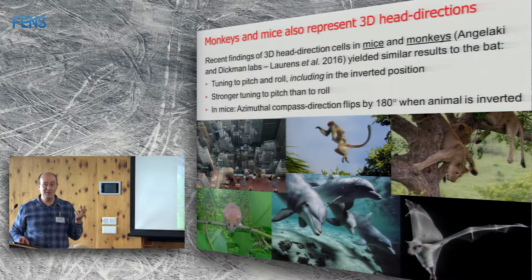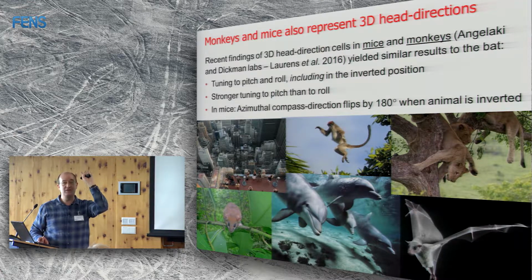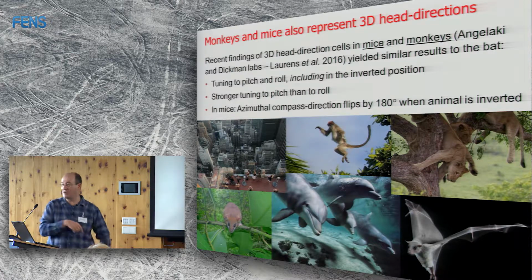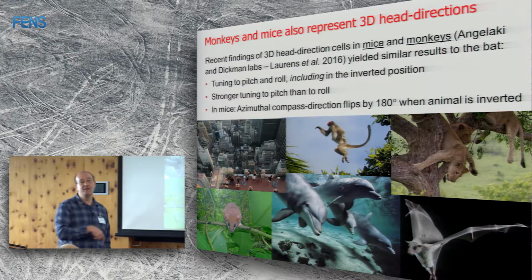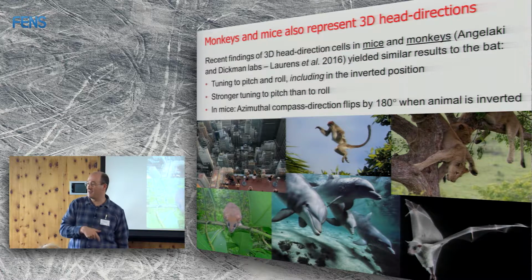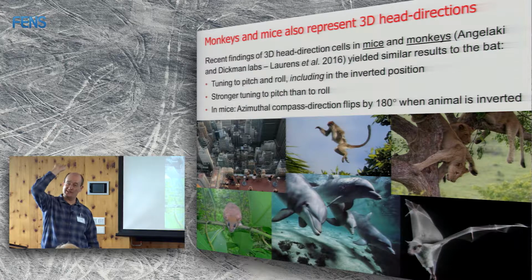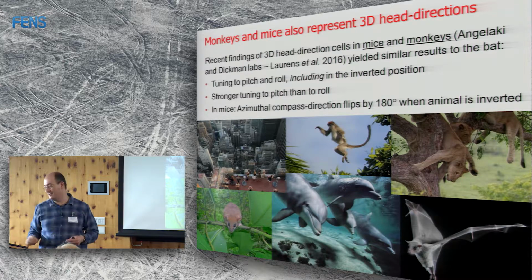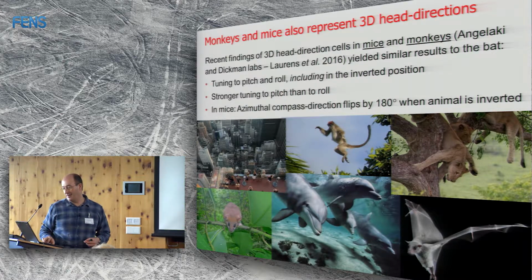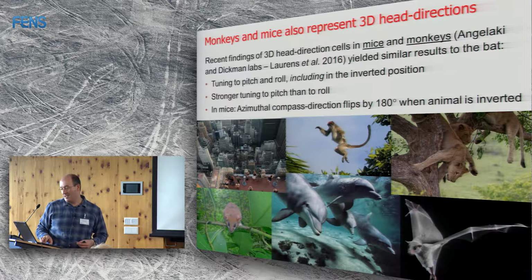But the data is extremely similar, up to even with the flip of 180 degrees of the compass when you are inverted. In fact, some of the compasses, some of your cell phones, if you open a 3D compass app, would have a very similar toroidal representation. We'll continue to show the same azimuth when you flip over. So kind of even Apple thought it's a good idea. Anyway, so